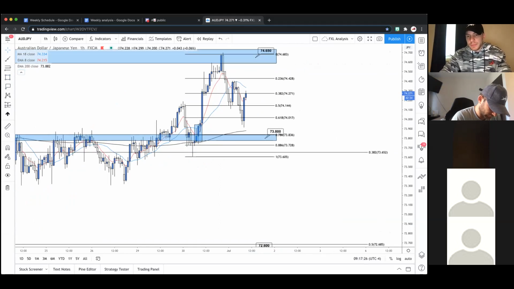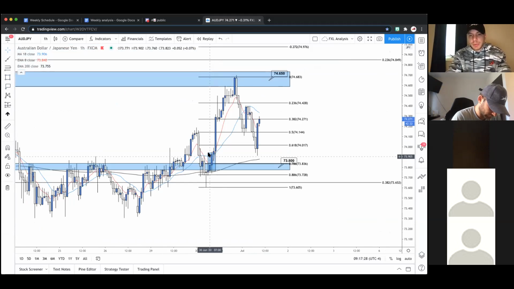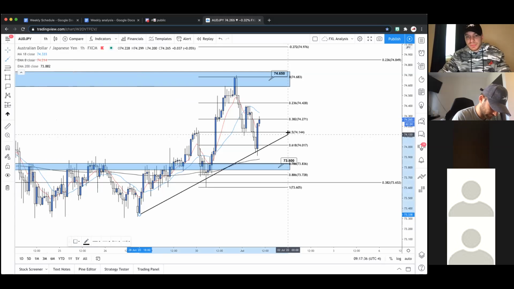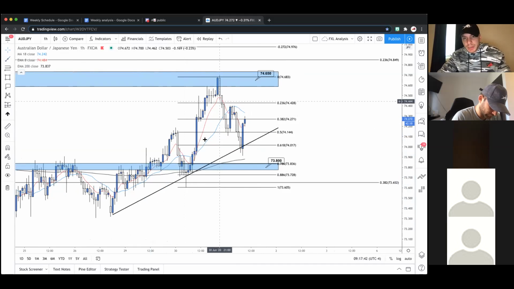Now we have kind of like another entry opportunity here, to be honest with you. So this is a higher low. This is clearly an uptrend. Let's go ahead and draw this trend line in just so you guys can get a good visual. See that? Definitely an uptrend right here on this price action. Volume's picking up. Just look at the size of the candles. This is good so far.